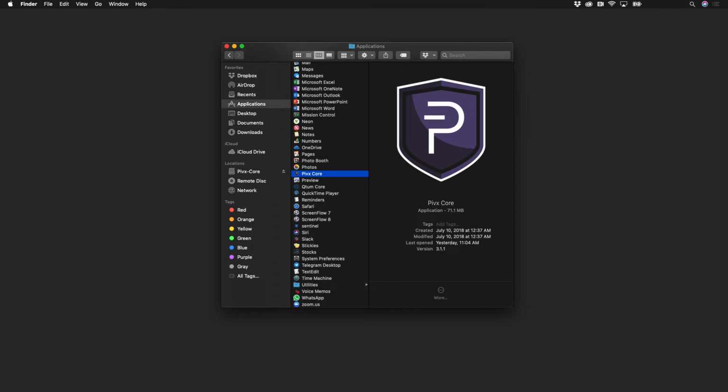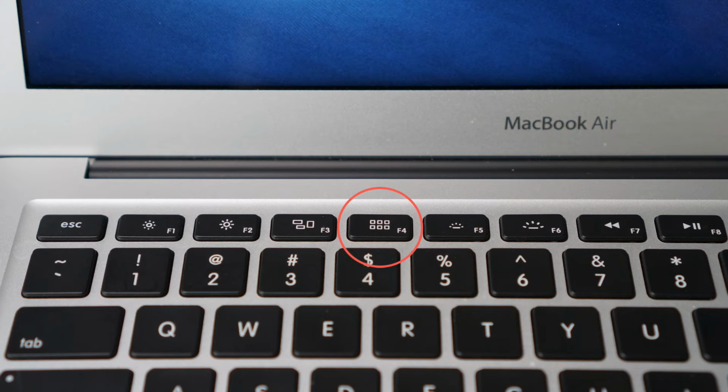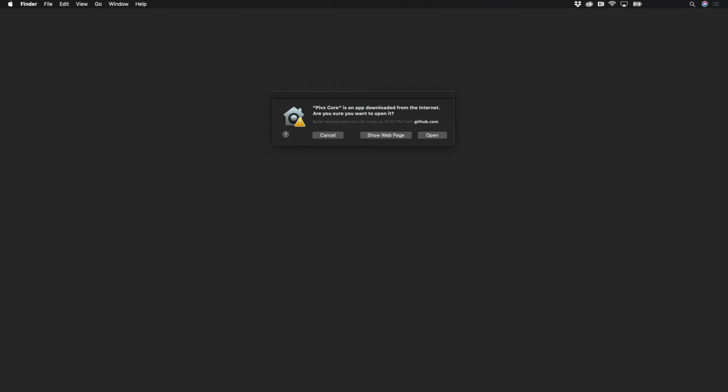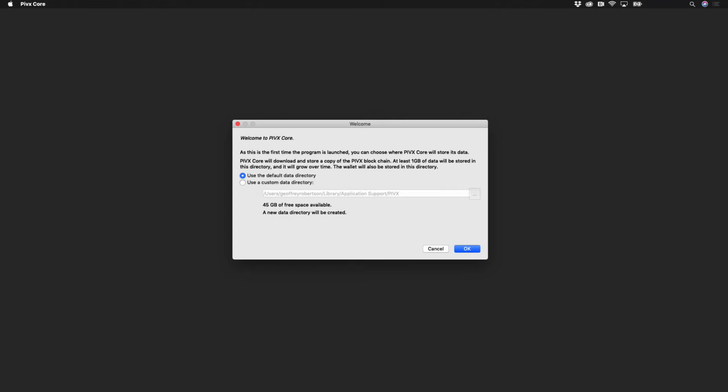To open the PIVX Core Wallet, navigate to your Applications folder via Finder or by selecting the shortcut button on your computer. Select the PIVX Core Wallet application. A window will appear asking if you are sure you want to open the application. Select Open. As the wallet starts up for the first time, you'll be asked to choose a location for the